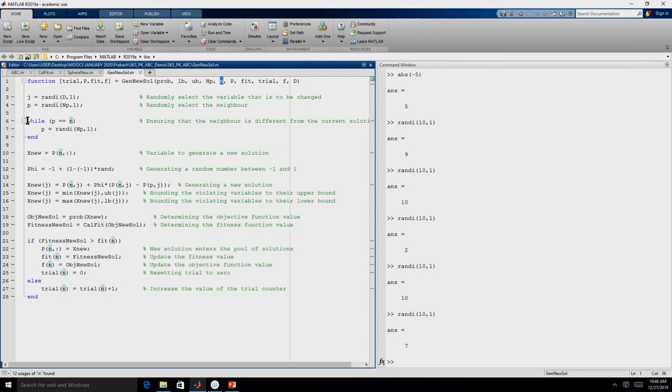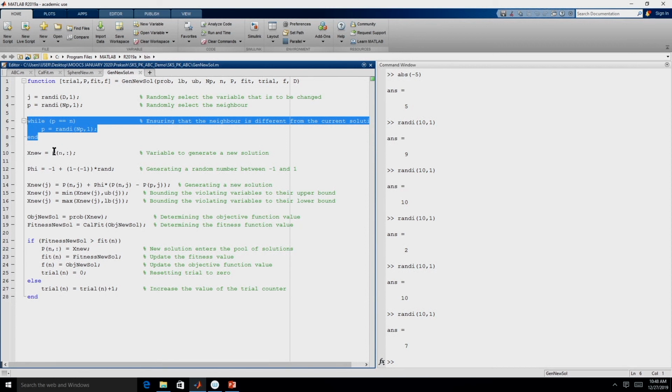So, we check this condition: if p and n are equal, we again generate a random integer. This loop is going to get executed till p is not equal to n. This takes care that the partner and the solution which is undergoing the employed bee phase are not the same.